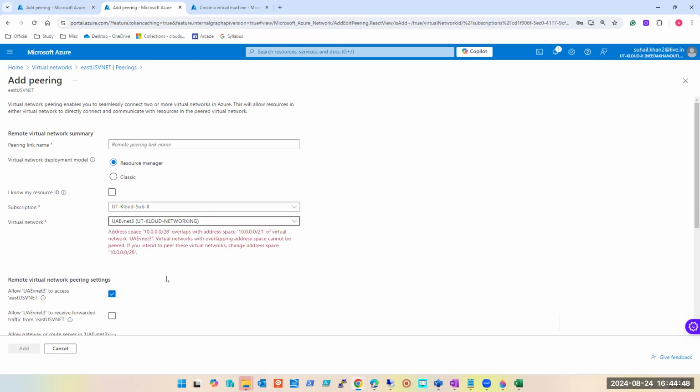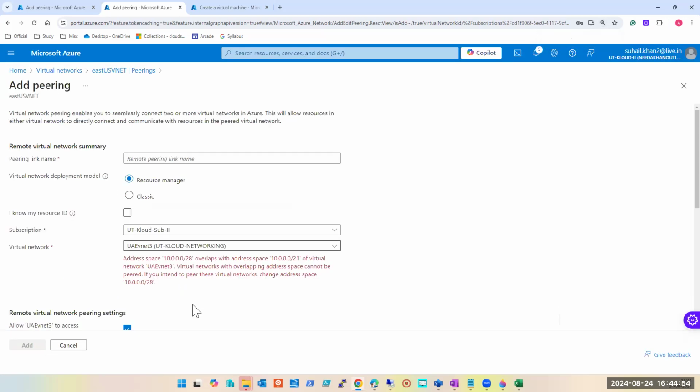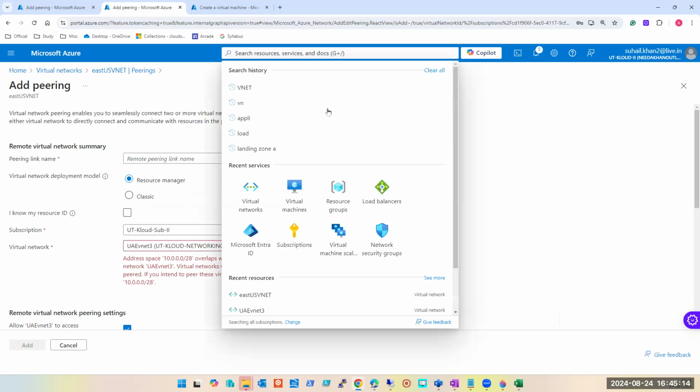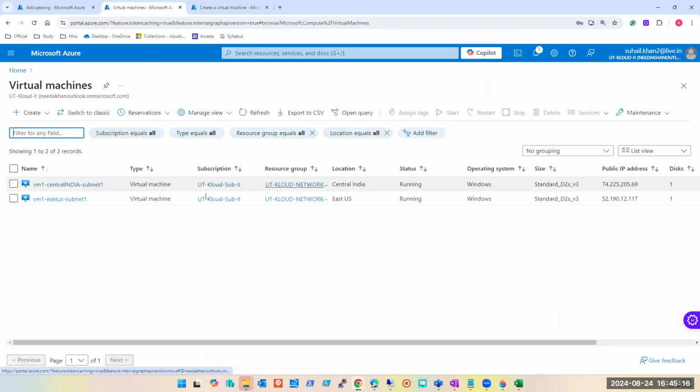What is this error now? Can someone read the error and explain it to me? What is it trying to say? Let's go ahead and check the IP addresses. It's saying the VNet addresses are the same. Yes. So if I go to my VNet,